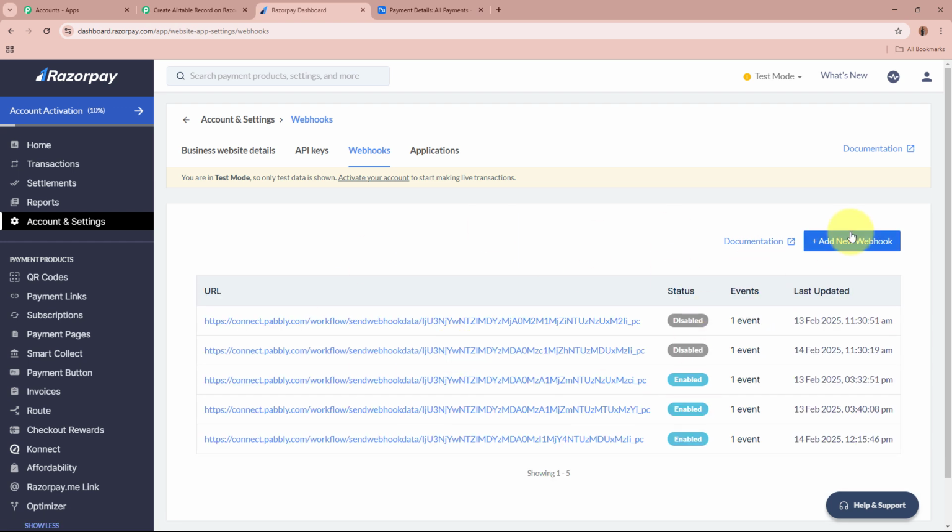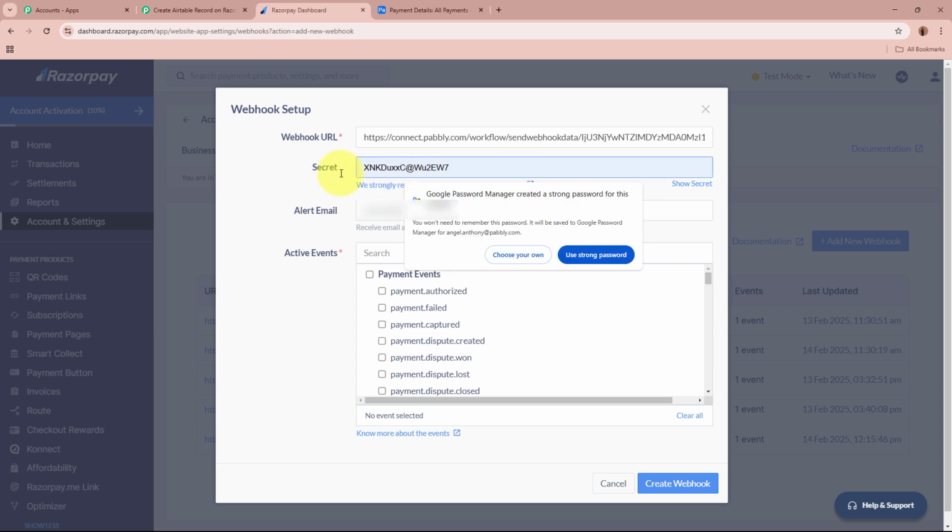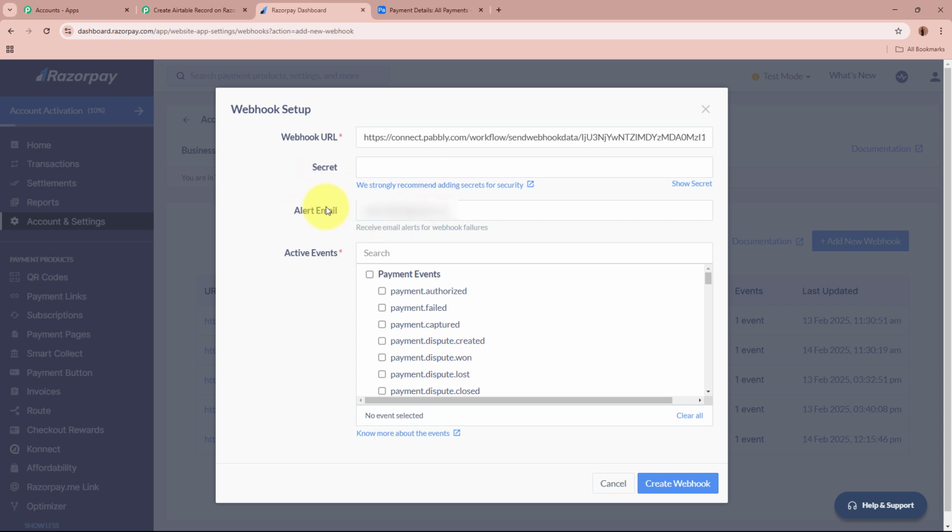As you land on webhooks, you have to click on this Add New Webhook button. It is asking for the URL. For that, paste the webhook URL right here. For the secret, you can enter a dummy secret key according to your requirement. Over here, this is the email that is already selected. And for the